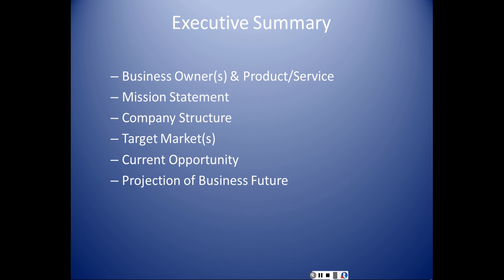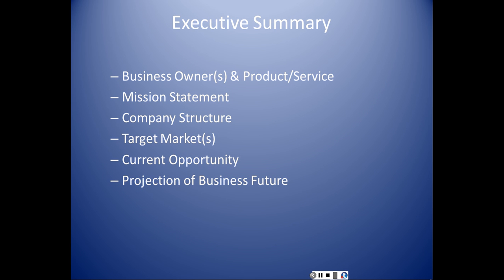The next element of an executive summary is to address the company's business structure. And this is going to be a little bit lengthy because I am actually going to talk about specific types of companies that you could actually have and the positive and negatives of those particular company structures. And so this slide is going to stay up for quite a while because I am going to talk about the business structures. And that gets into a lot of information here. So let's do that first.